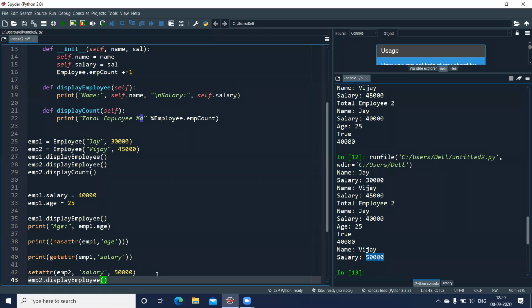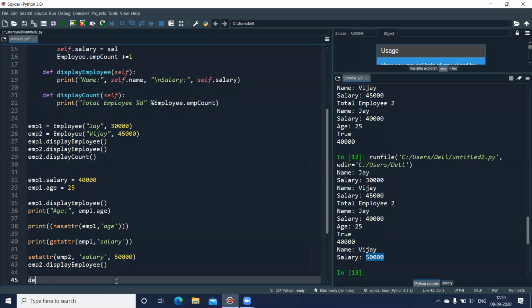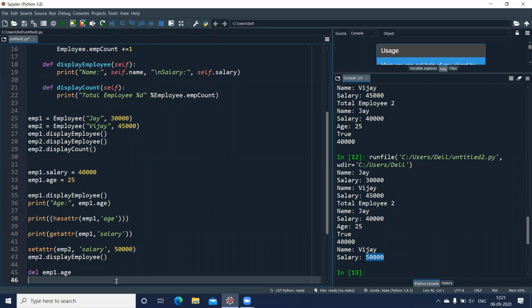So there are some functions. Now, if I want to delete an attribute, you can delete an attribute as well. Now your del operator, if you remember we have used it previously, del. This is also known as a destructor. Like we have init as a constructor, we have del as a destructor, which will destroy your attribute. So if I want to remove age, let us remove age from employee 1 dot age. Press enter. I'll execute this line, and later on I can try to display the value and check whether it is really accessible.